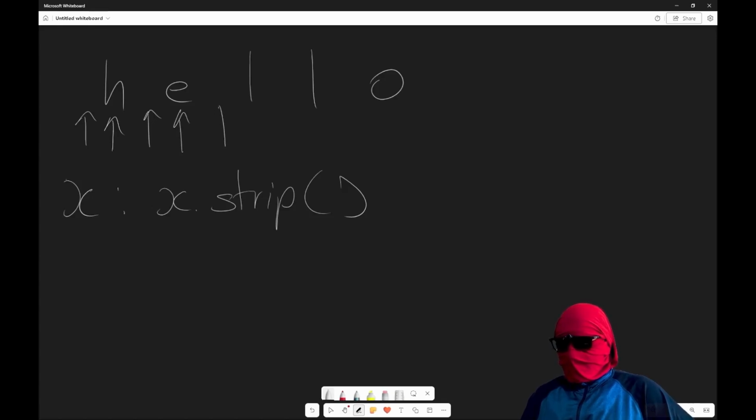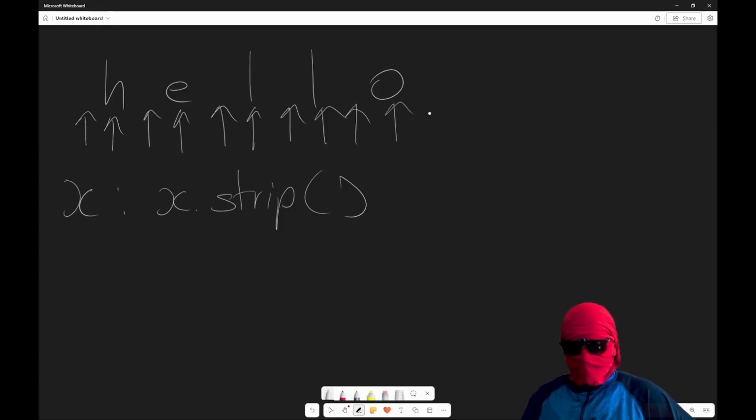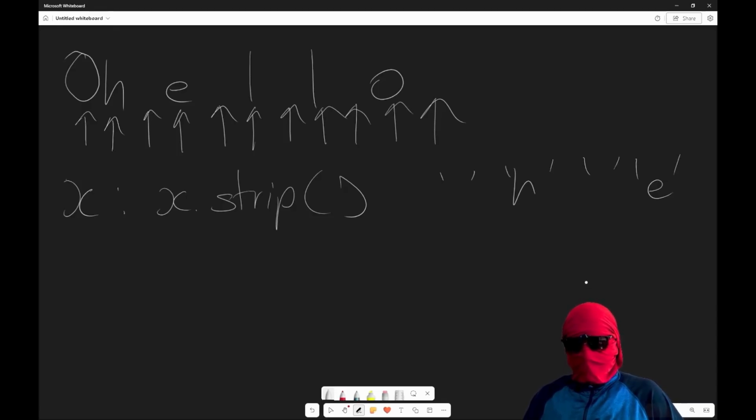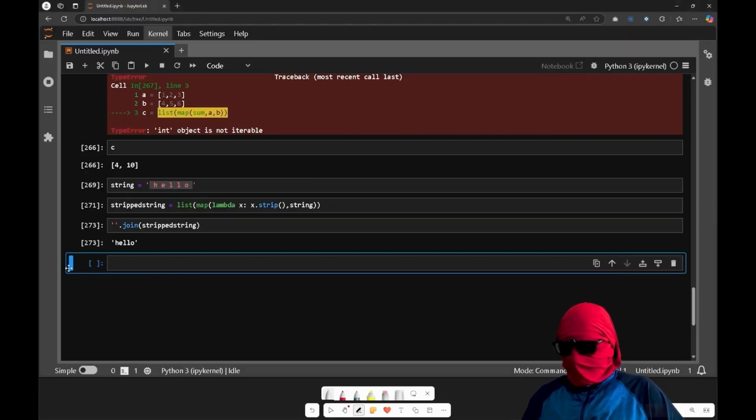White spaces are counted as characters, so these many are there. When we strip, in the first case, this empty white space is our first x value. When we strip a white space, it returns an empty string. When we strip this, it returns H. This gives you an empty string, and this E right here gives you just the E. And it does this, and you get our